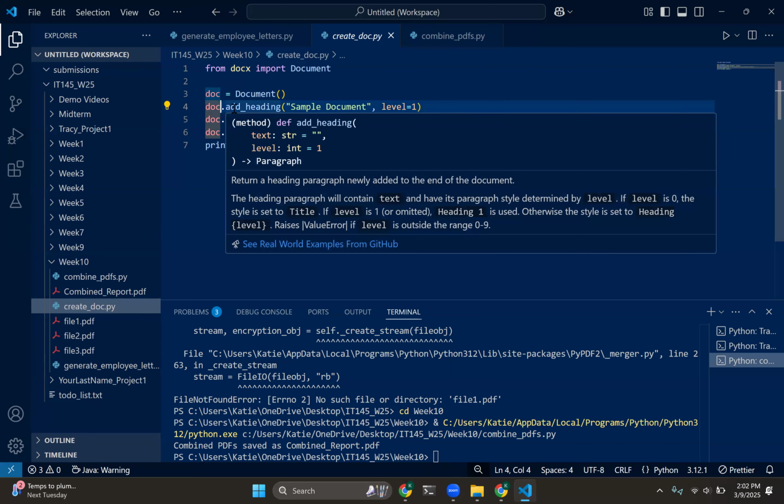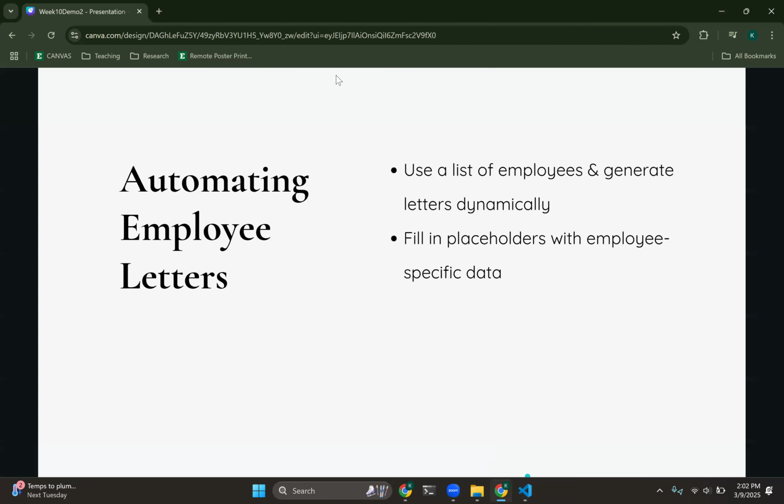This add heading function takes a string of text, which represents the heading that is going to be there, and then the level is an integer. And its style, like, you know how when you are working with a Google Docs or any document file, there's usually a